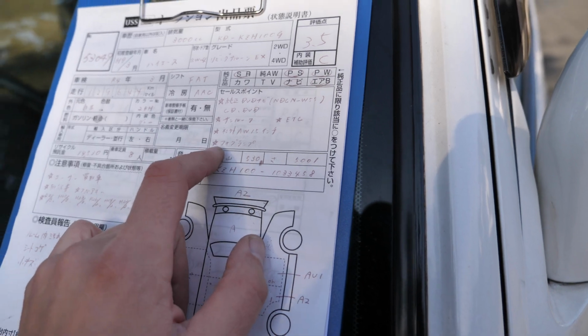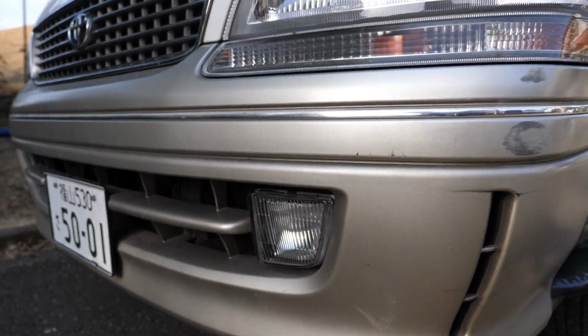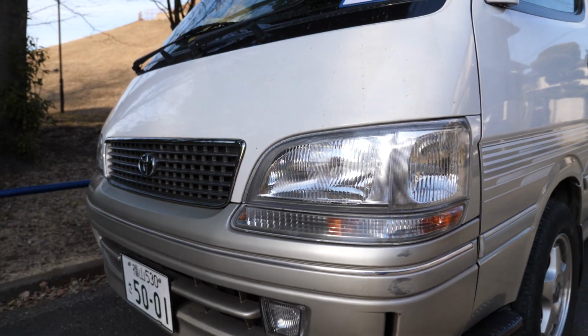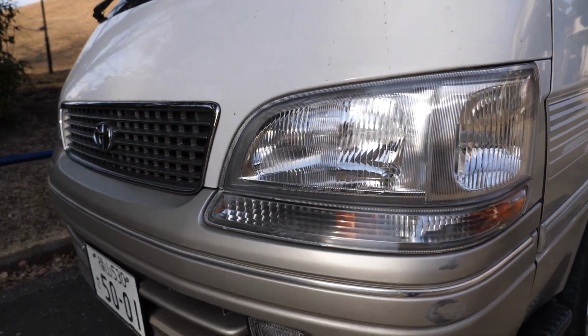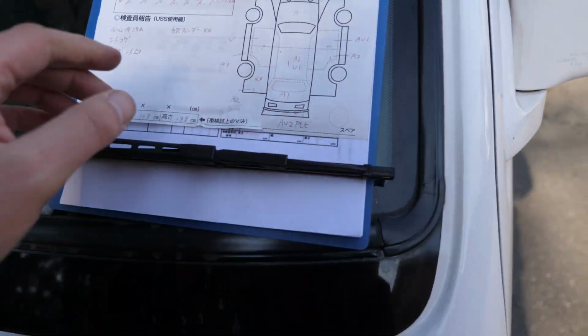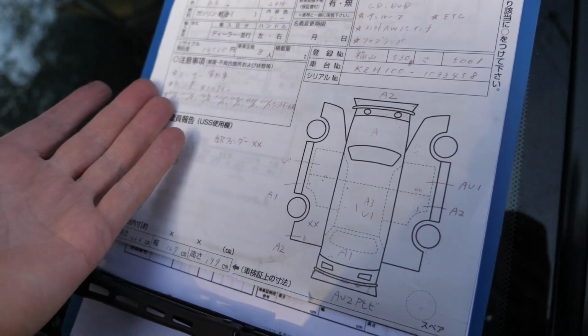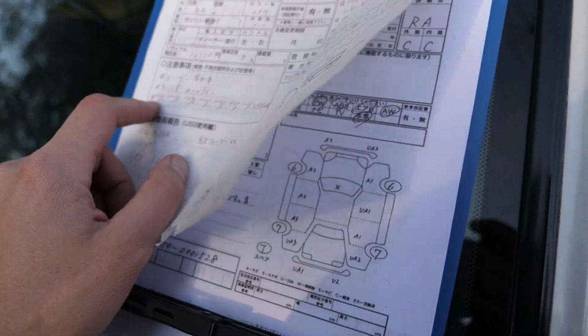Okay, fog lamps. Yay for fog lamps. These ones are not integrated in the headlights anymore. The earlier models had headlights and fog lamps in one encasing or enclosure. These ones, they split them out to the bumper. Okay, and what else do we have? Purchase from user, that's basically like a dealer trade-in. Owner's manual, spare key, and then history from